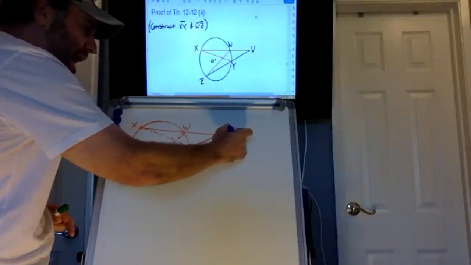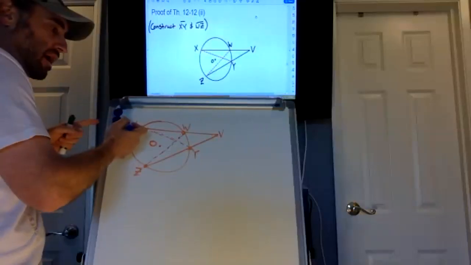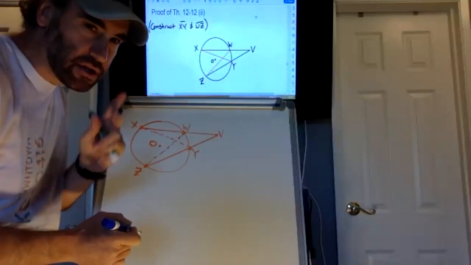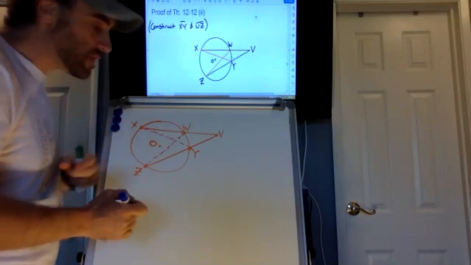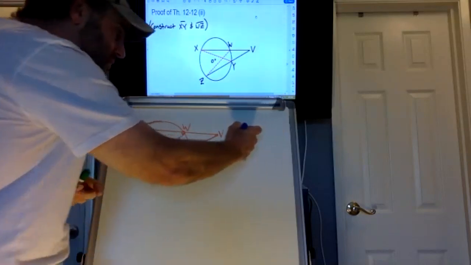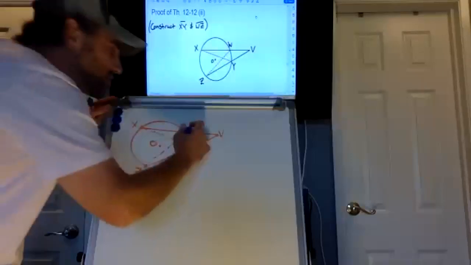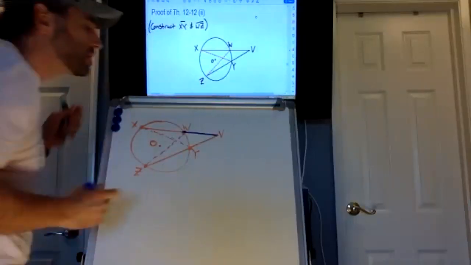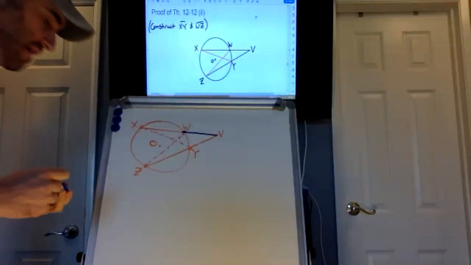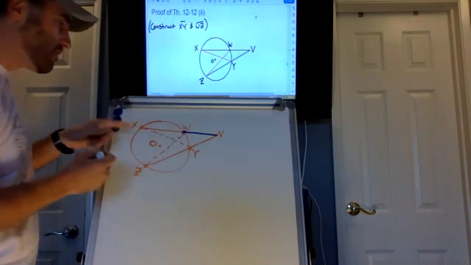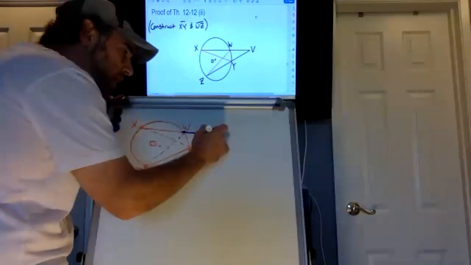Along that pathway, there are 2 locations, 2, count them 2, where that line is going to intersect the circle. Here at W, so you're going to have this distance here. And then the second place is over here at X. If you follow that pathway,